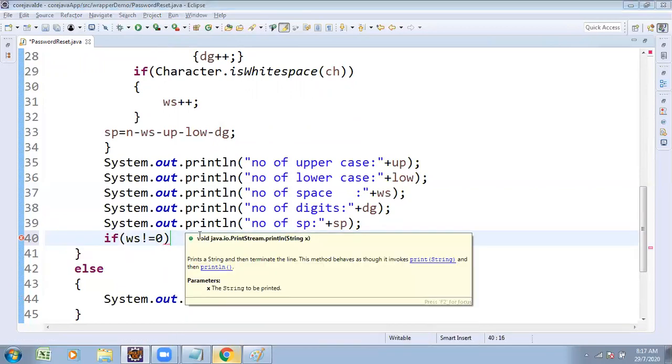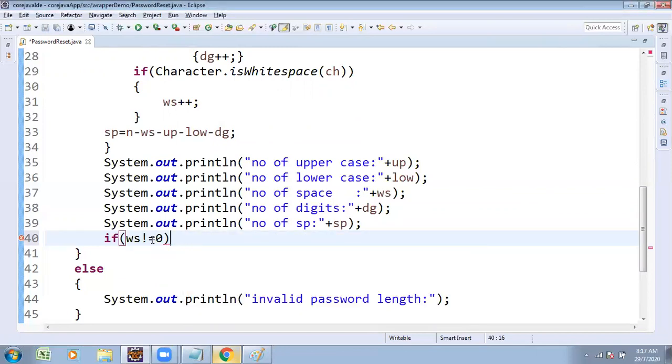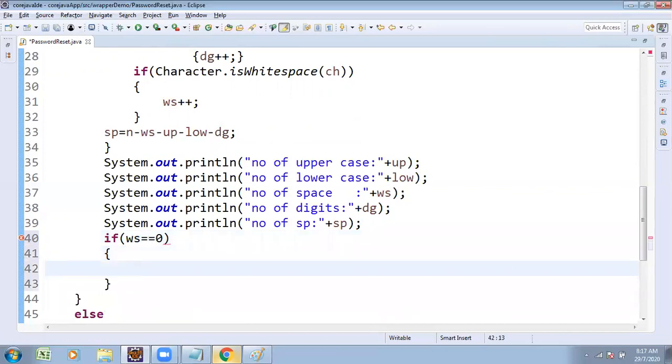White space is equal to 0, double equals to 0. So if it is 0, everything is fine. If it is not 0, the password is rejected, and we have to give the reason.